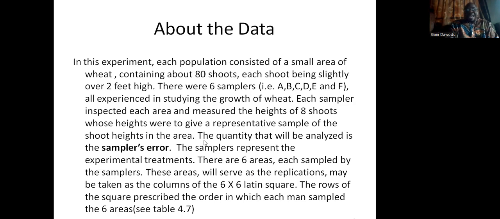The quantity that we'll be analyzing is the sampler's error. That is extremely important. Sampler's error, the errors made by the samplers, the mean. The samplers represent the experimental treatment in this case. There are 6 areas, each sampled by the samplers. This area will serve as the replication and they may be taken as the column of the 6 by 6 Latin square. The rows of the square prescribe the order in which each man sampled the 6 areas, as contained in the table